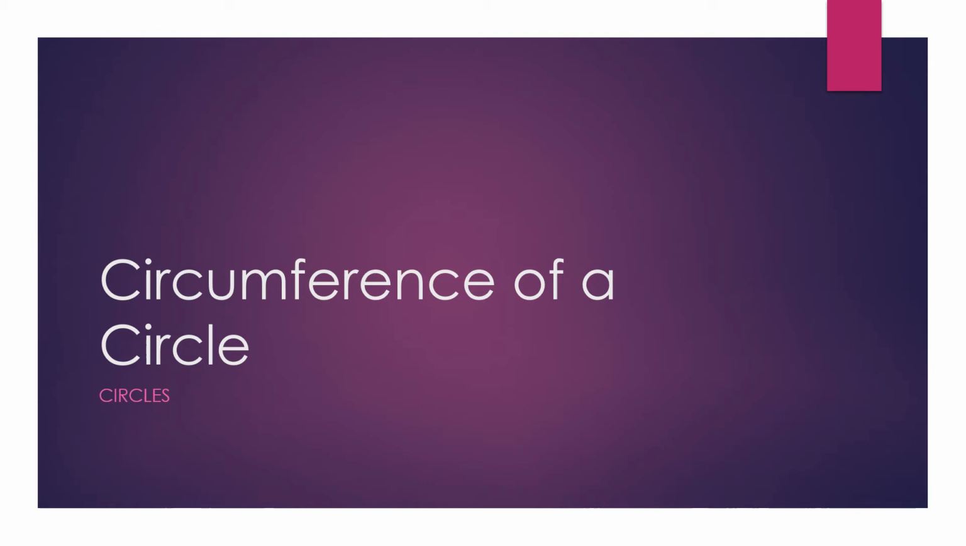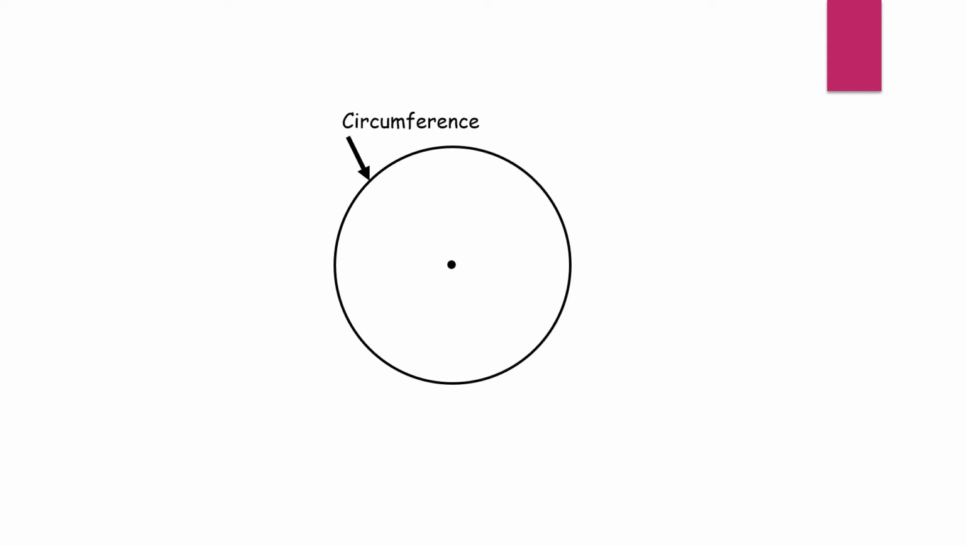In this video, we're going to look at the circumference of a circle. So first we need to look at the parts of a circle. The circumference is the outside edge of the circle. It's the distance all the way around the circle. It's also the perimeter of the circle, but instead of calling it perimeter with circles, it has a special name